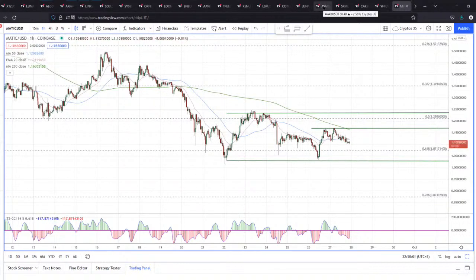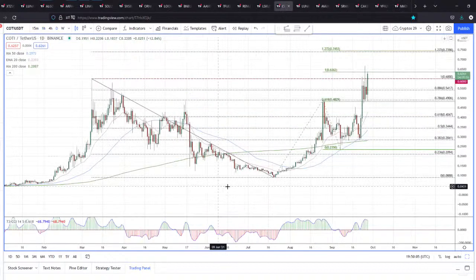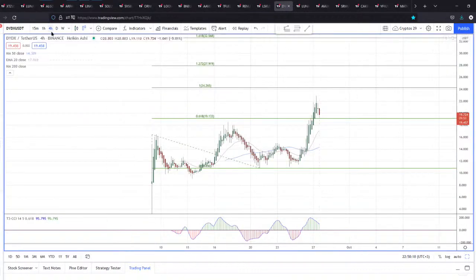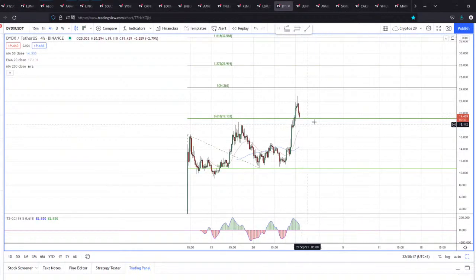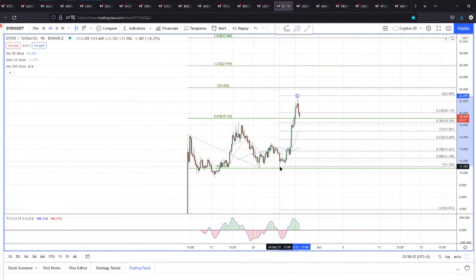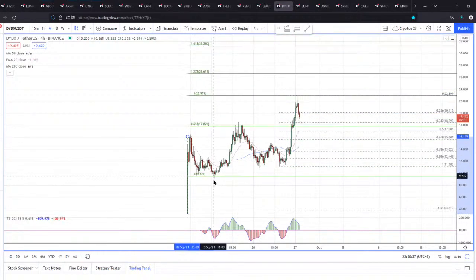DYDX. Let's take a look at DYDX because we listed this morning in my group. I kind of like this. We were looking for this to potentially hold 19.13, but if I've done it wrong, so if this is a wave 3, the ideal retrace would be 38.2, which is a little bit lower and where these highs are, and so potentially,